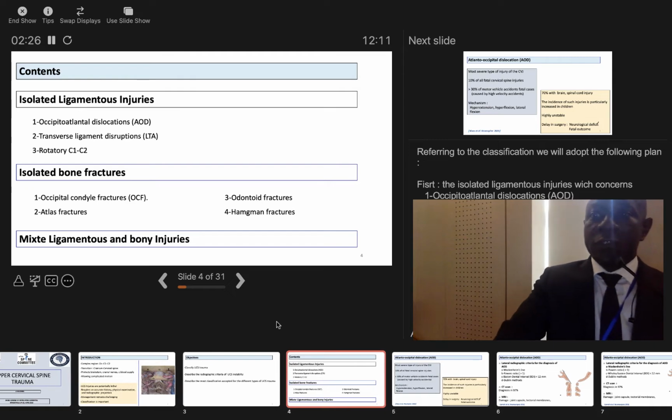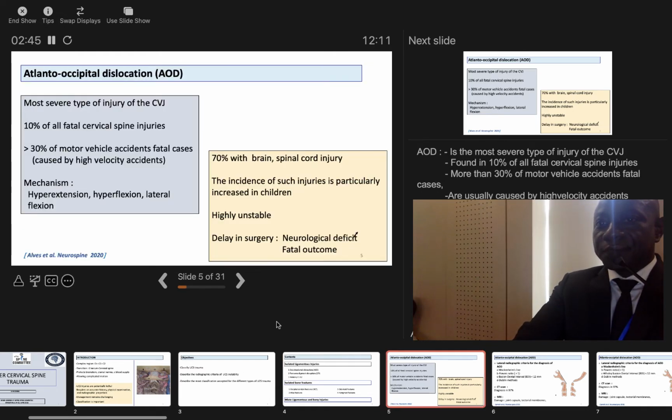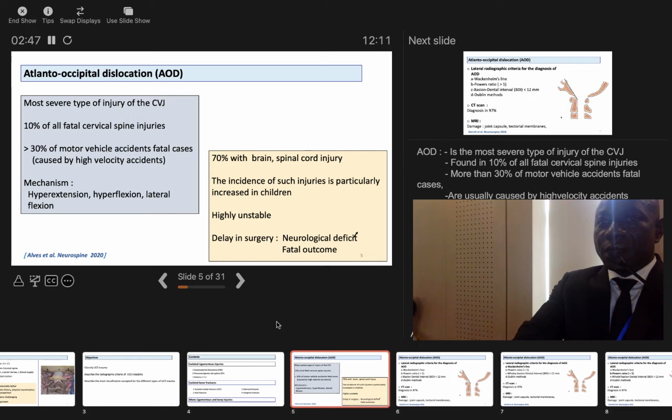Referring to the classification, we adopt the following plan. First, we see the isolated ligamentous injuries, after that isolated bone fracture, and we finish with ligamentous and bony injuries. The first is